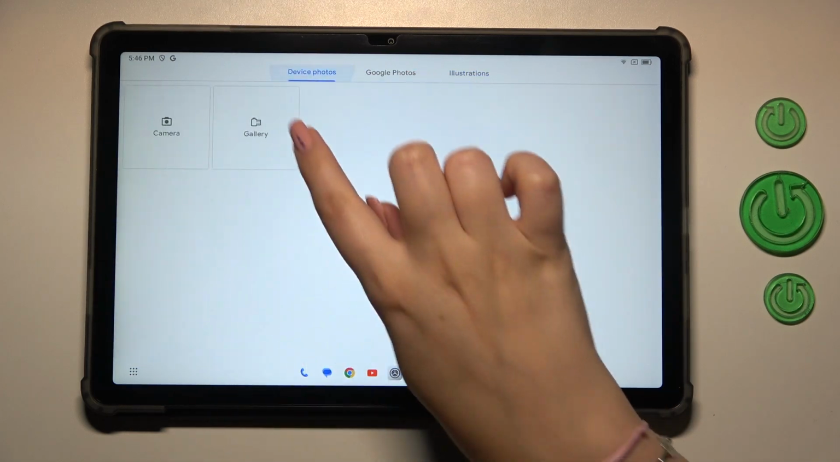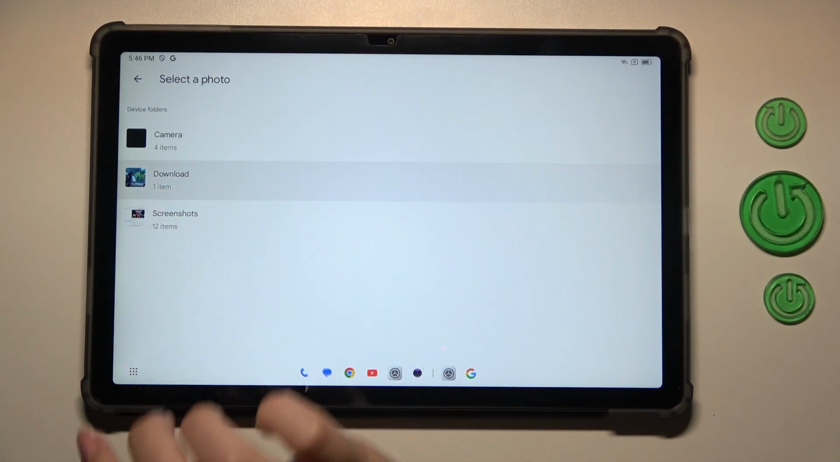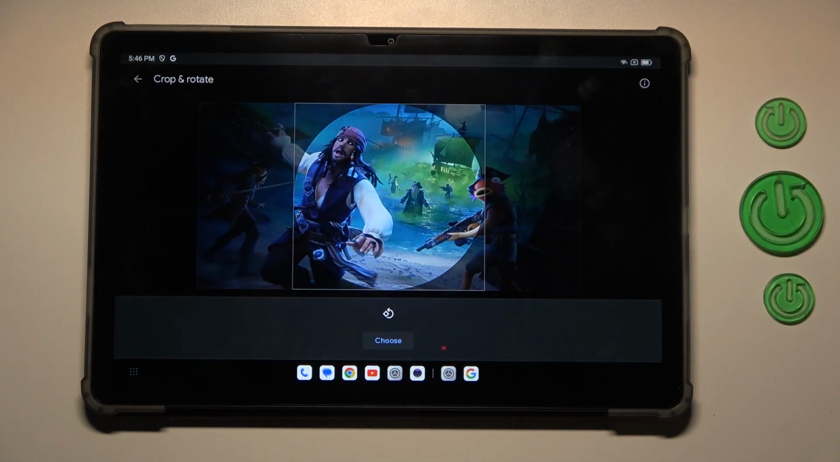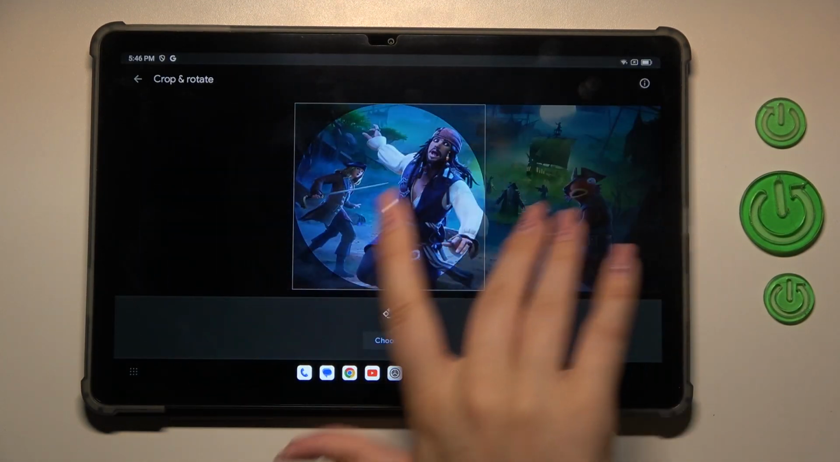But I will choose something from the gallery. Let me tap on it. Let's find the photo we would like to use, and now here in this step we can change the position